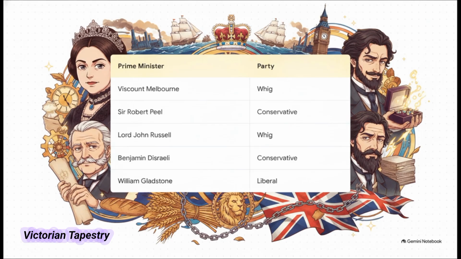But what truly cemented her massive legacy was the incredible length and the political breadth of her reign. We're talking over 63 years. During that time, she impartially managed a revolving door of super powerful prime ministers from entirely different political parties. From her early father figure, Lord Melbourne, a Whig, all the way to the conservative Benjamin Disraeli, who famously charmed her, and William Gladstone, the liberal, who she actually openly found exhausting. She navigated massive political shifts, famine, and foreign wars, becoming this formidable, untouchable national icon.